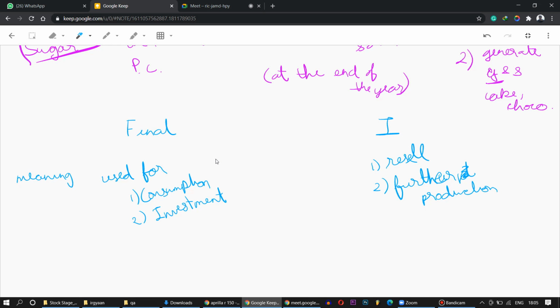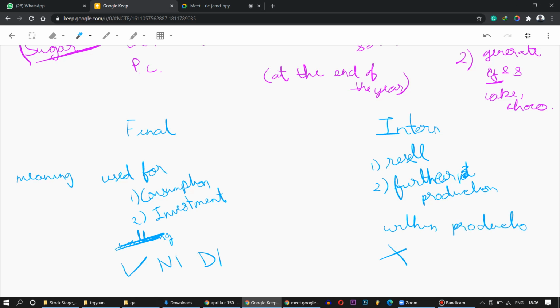And like we had transfer income and that factor income, this is used in NI. This is used in DI, national income and domestic income. It's included. However, this is not included. We subtract it. And we'll understand this in the next concept, more about it. We subtract intermediate goods. And I'll explain to you why later on. And this will be within production. This will not be within. This will be intermediate good within production value. Explain this in a minute. Just note it down for now. Within production value or boundary.